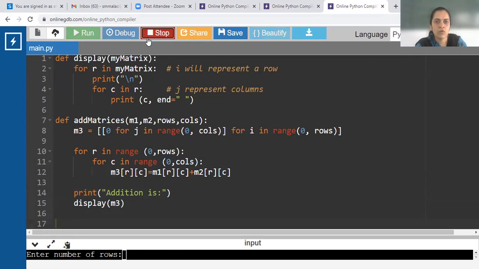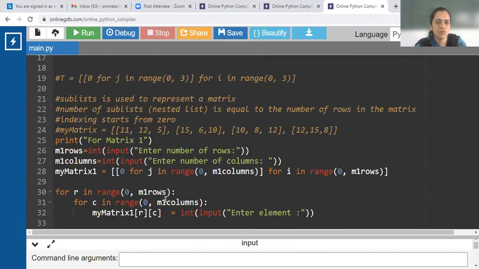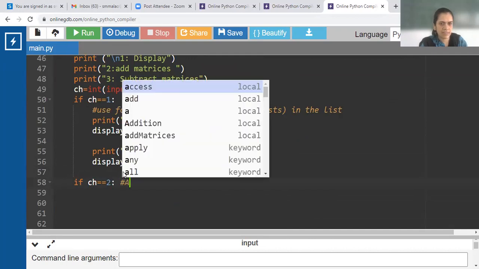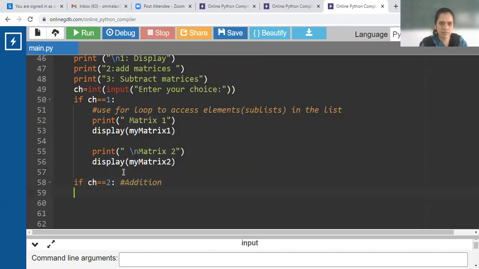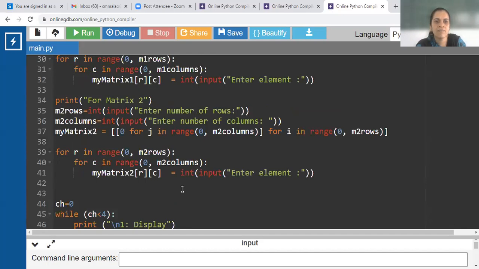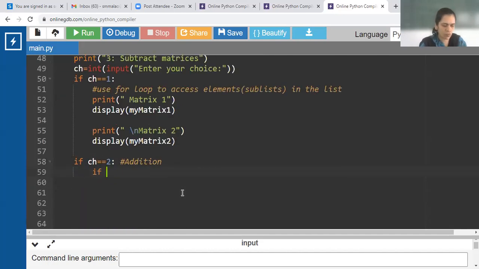Okay, but I have not called the function. So here for choice 2, see, if choice is equal to 2, here we'll say it is for addition. You need to check if rows of M1 are same as rows of M2.